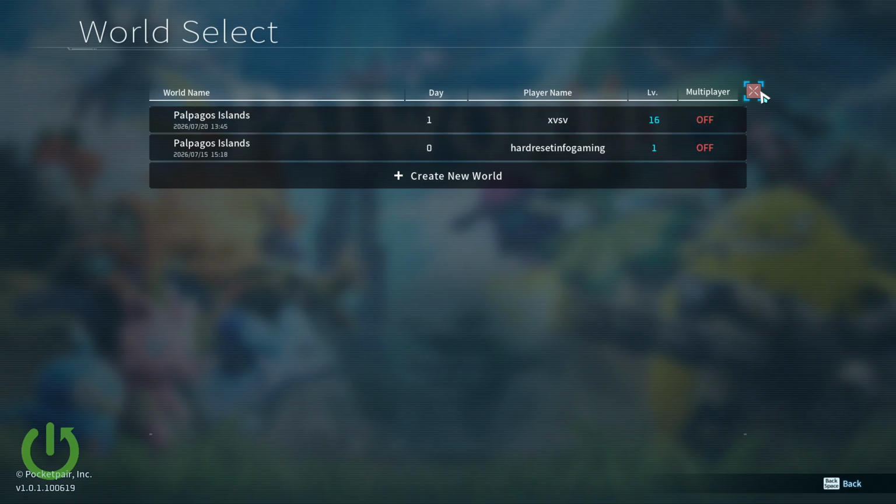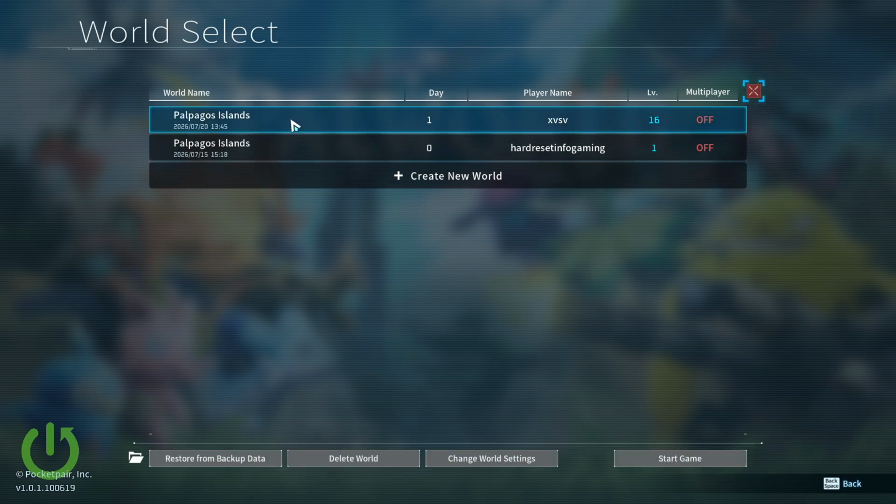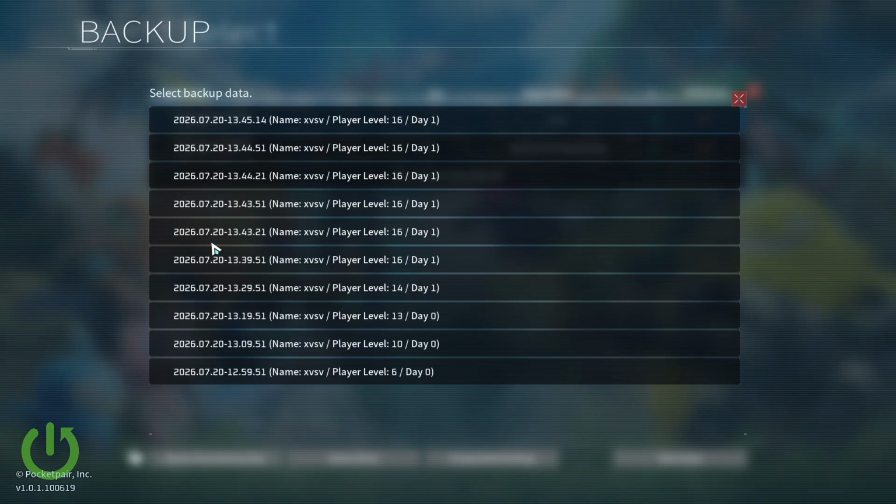It's simple. Let's first select Start Game, then select the world you have trouble with. Then, after that, select Restore from Backup Data. Here, as you can see, you have a bunch of save points that I could go back to. Let's say I want to go back to the second